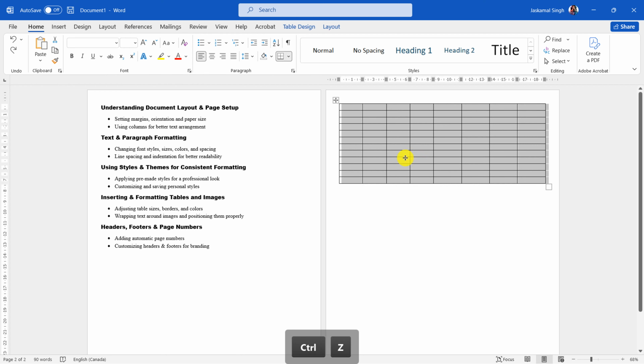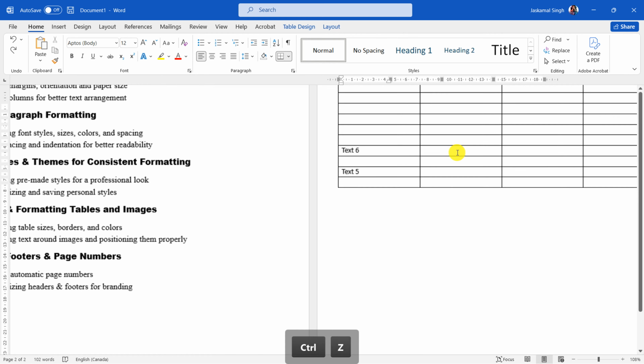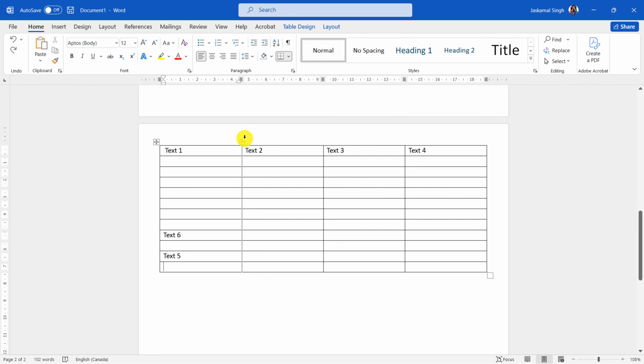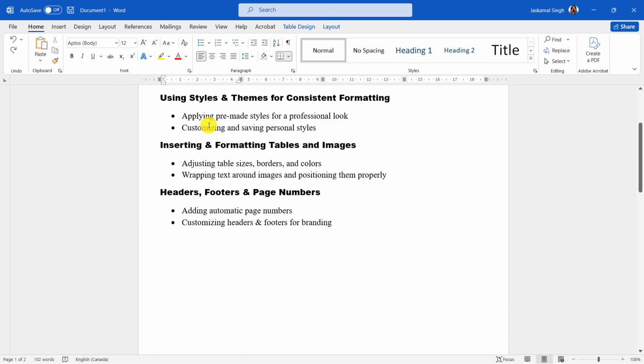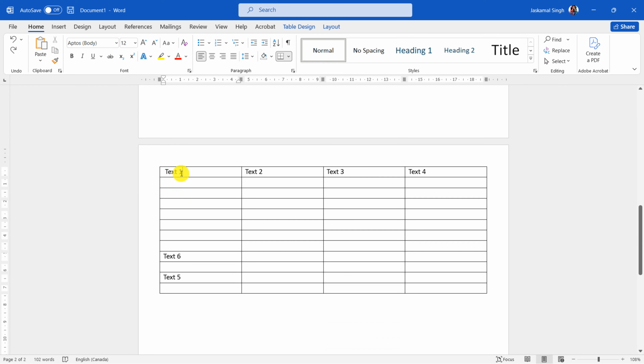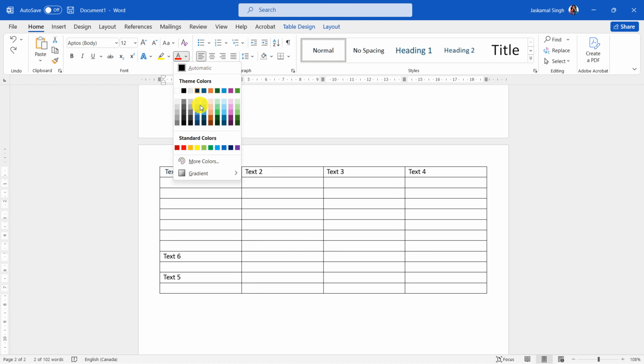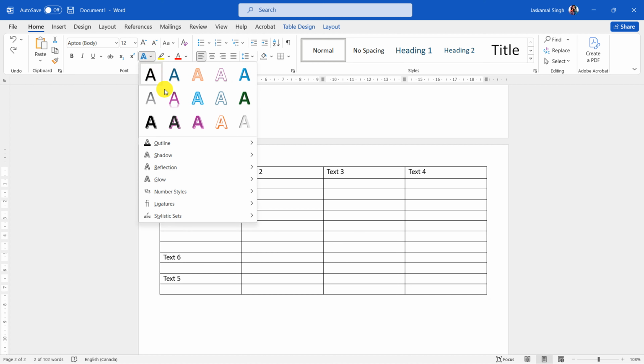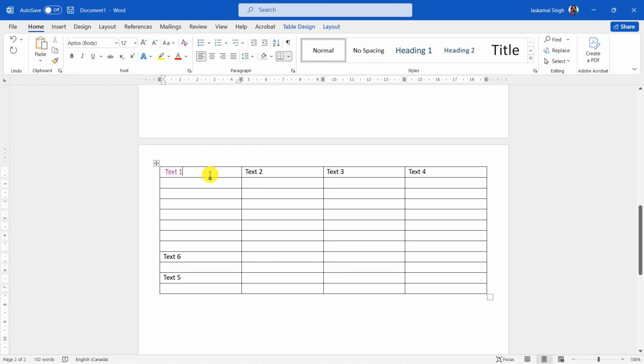So I'm just gonna go back to the default. Now the text and the color for the table is similar to what we do in the normal text, right? So you have to click and select a text, and the similar process applies. You can highlight, you can have a color on it, right? You can have a color, or you can have your own word art, right? Like that. As for the borders,